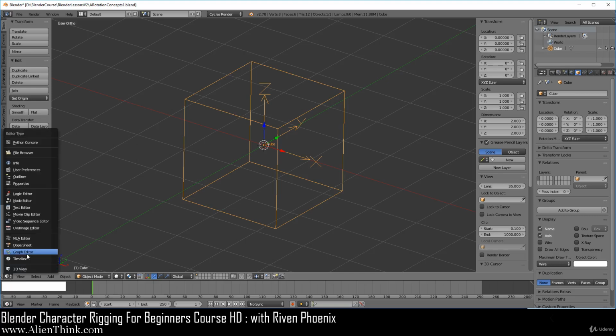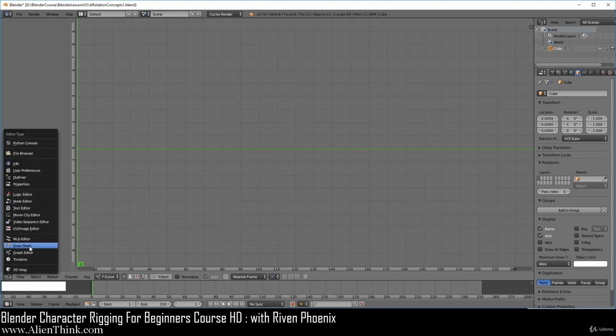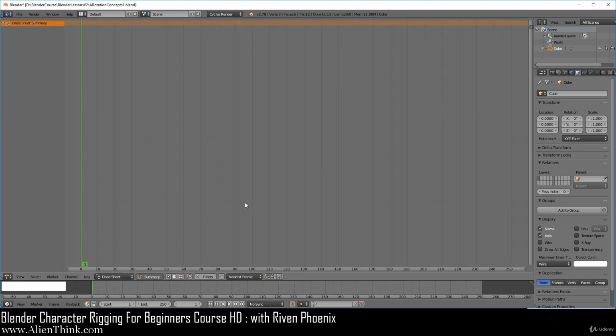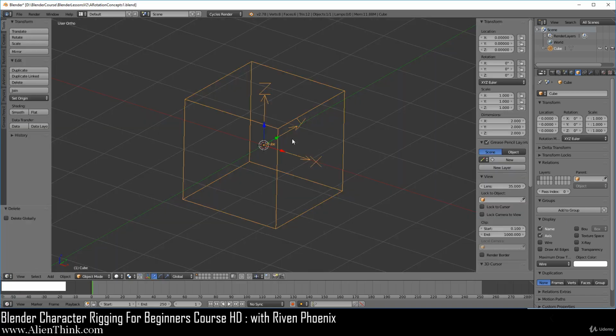Here, go ahead and switch to Graph Editor. We are going to be looking at this briefly, and of course, we're going to be dealing with the dope sheet. We're going to be looking at this briefly. Go ahead and switch back to 3D view. Now, to understand what exactly happens to an object's rotation, depending on the rotation mode that you choose, we have